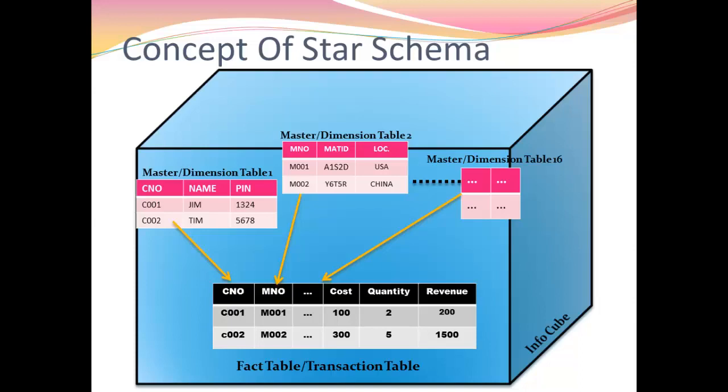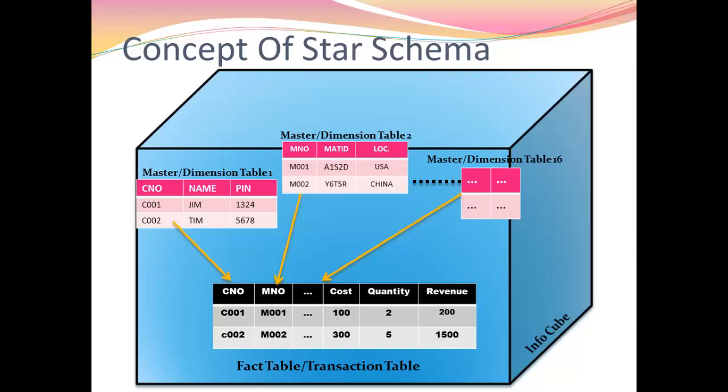Now, there are disadvantages of this star schema. Since our master table is inside the cube, it has reduced its reusability. Let's take an example. We are having another cube which requires the same master data for its fact table, though it has a different fact table. But since this master table is inside our cube, we won't be able to use it. So this is one of the disadvantages.